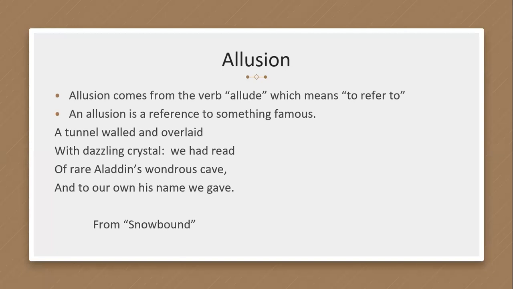So here we have a piece of a poem. It refers to, or alludes to, something famous. I believe you know Aladdin, Aladdin's story. So Aladdin's story is very famous. So it is put in this poem to refer to that famous story. That's an allusion. Next, we have